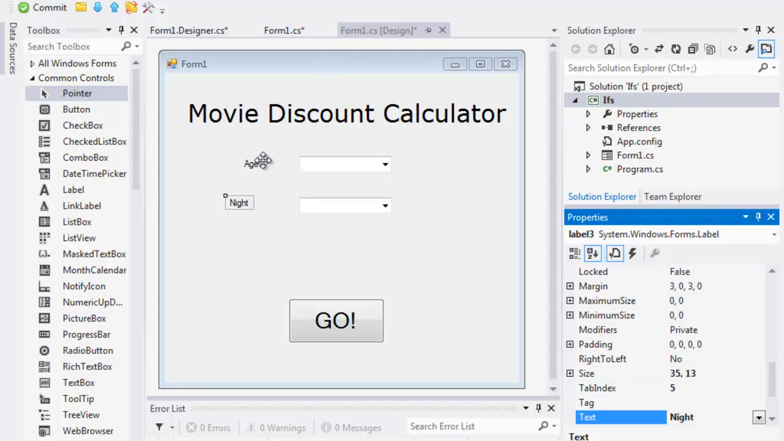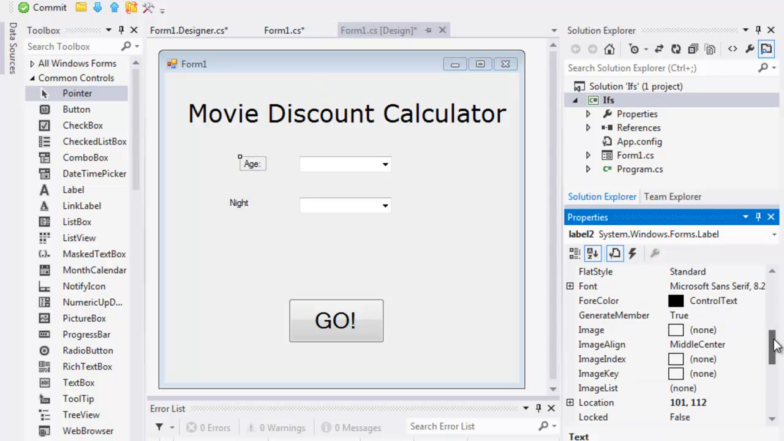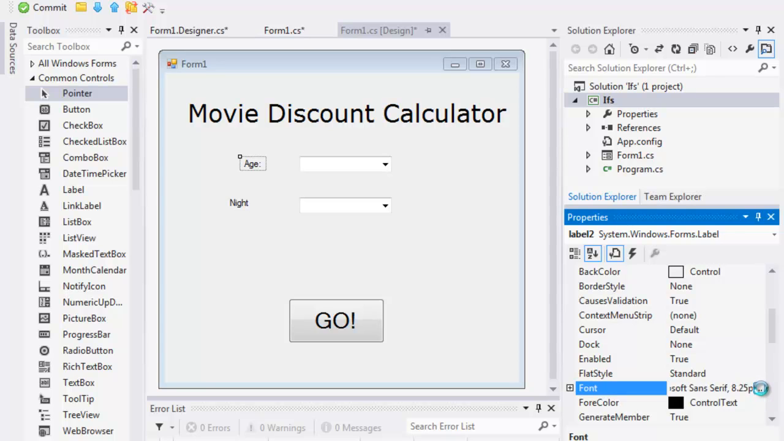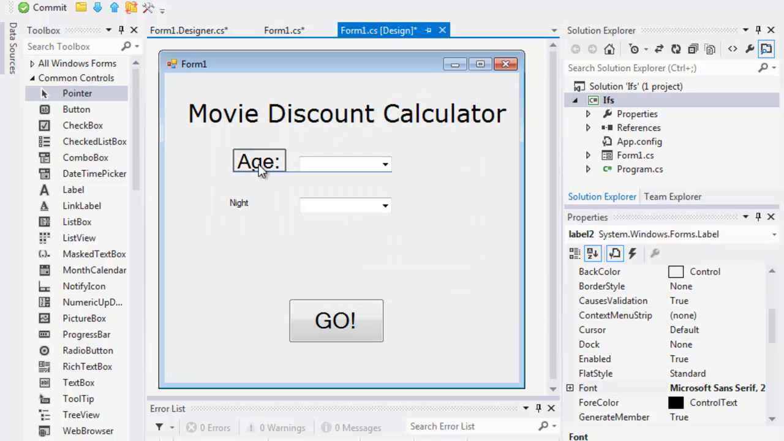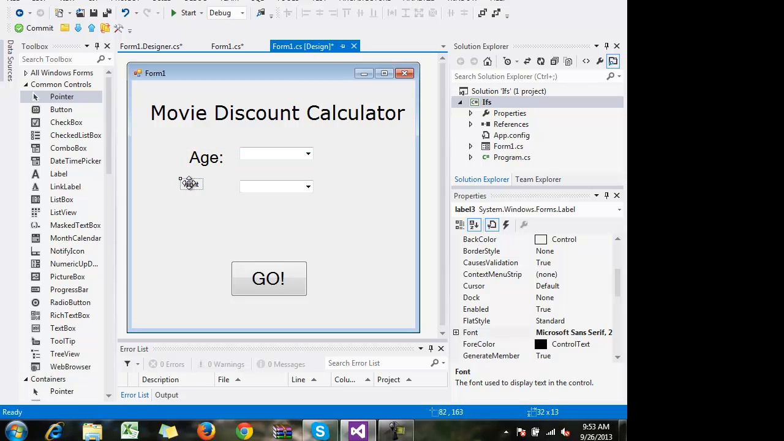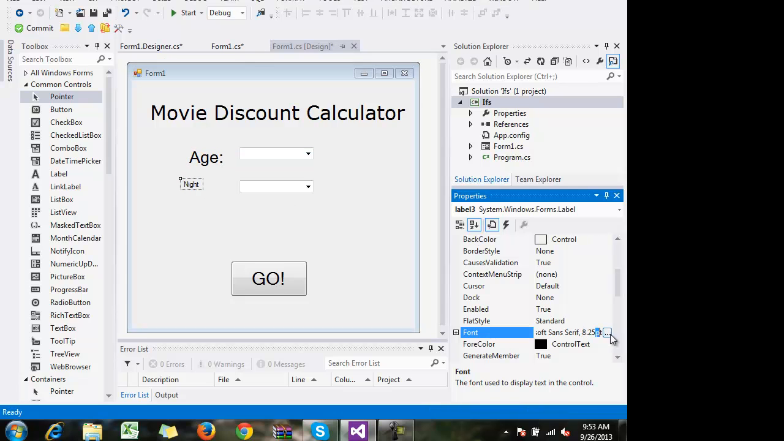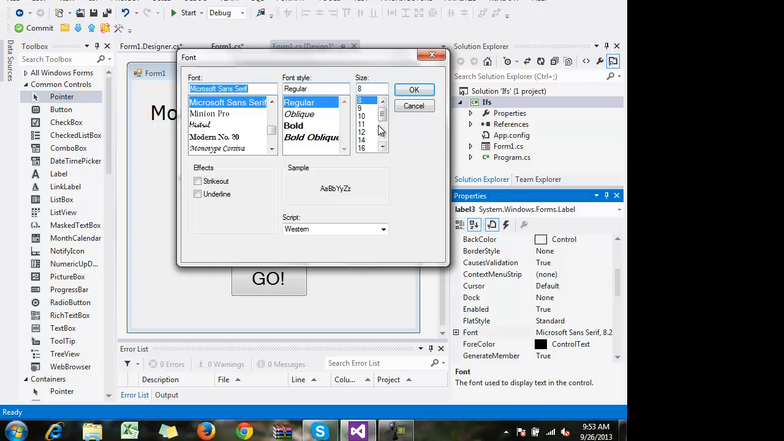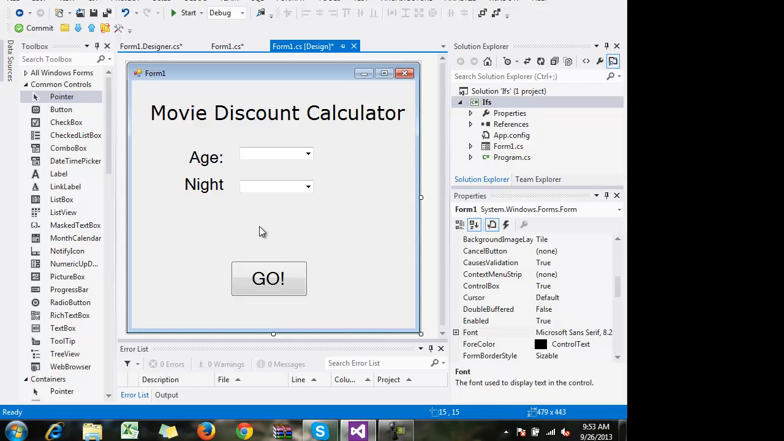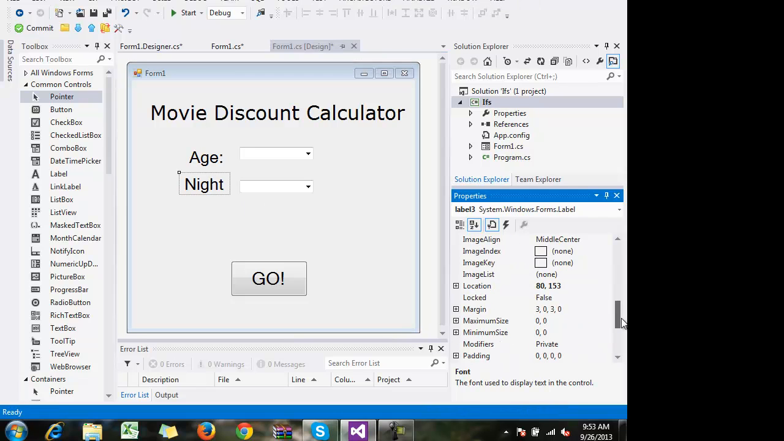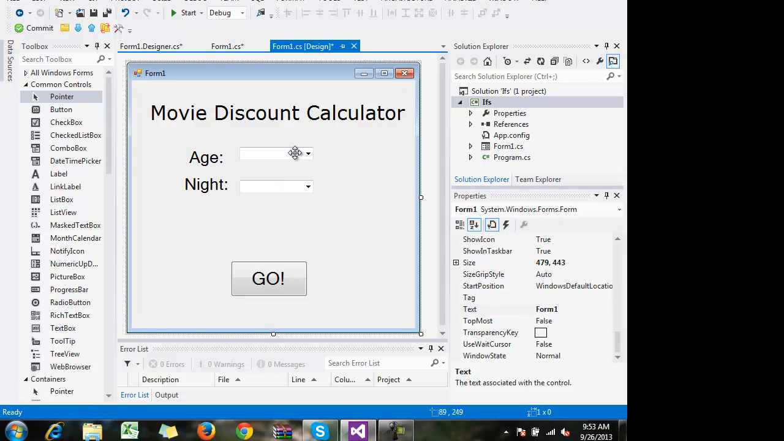So does everyone have something that looks like this? Let's make the labels a little bigger. We'll change the font size. We'll make that 20. And same with this one. Okay? So now let's put in a colon in there as well. Now what we want to do is add a few things to this